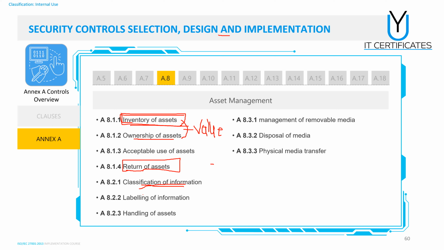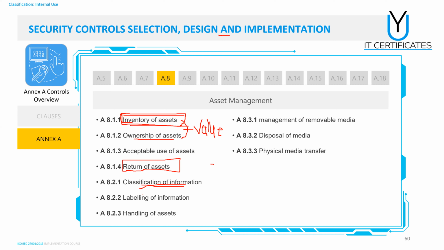Based on this classification, for information classified as critical or confidential, for example, you can provide encryption for all states of the data, whether it's data at rest or data in transit. For non-classified data or public data, this means that you don't need to provide any security controls,